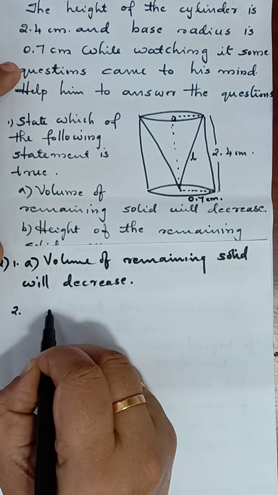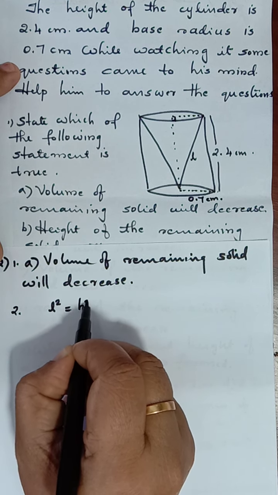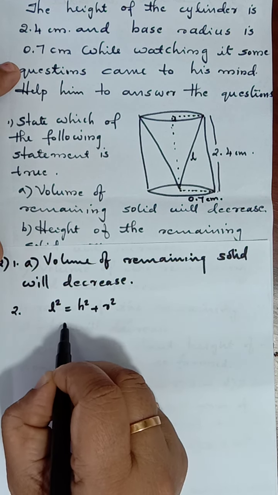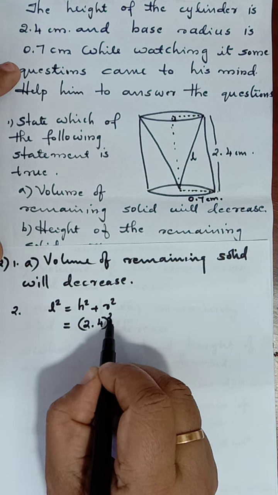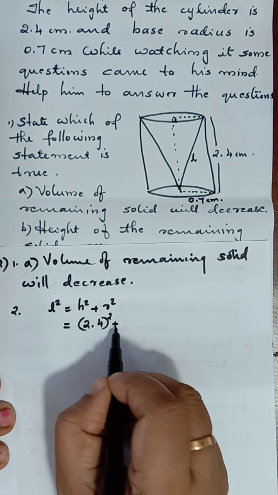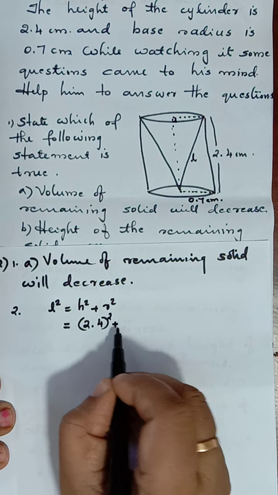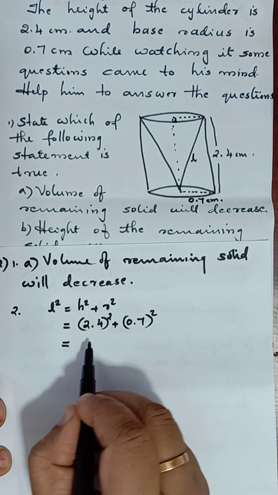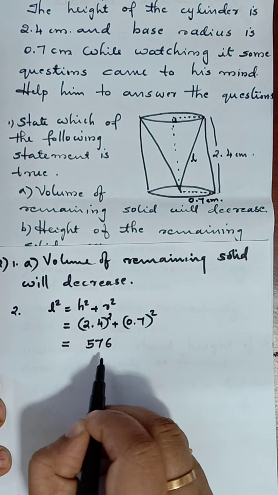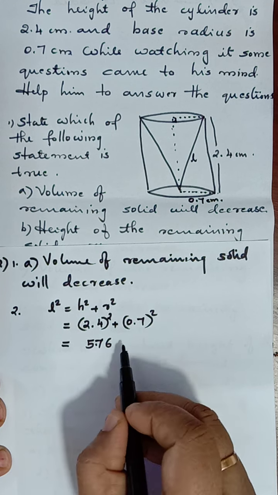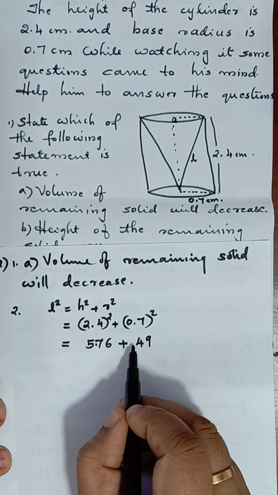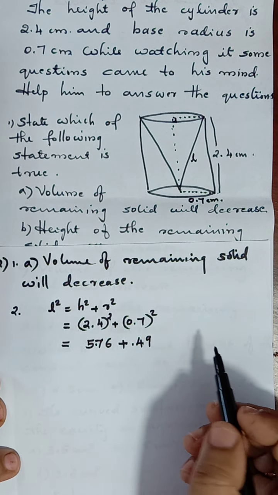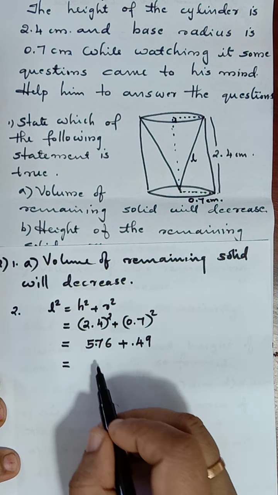Question number 2. L square is equal to h square plus r square. We know the height, it is 2.4, its whole square, plus radius is 0.7, its whole square. 24 square is 576, everybody knows. Double decimal will come, so 5.76. 7 sevens are 49. 0.7 into 0.7 is double decimal, 0.49. Its total will be